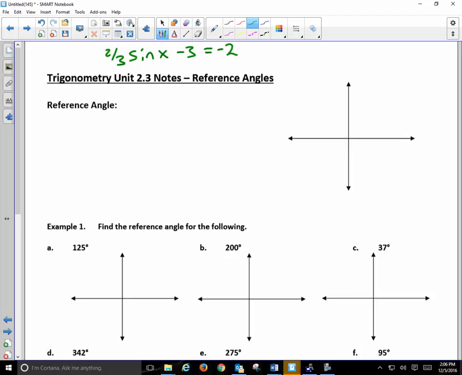And when we go to solve trigonometric equations, the issue is that we come up with many answers. So sometimes you come up with 2, sometimes you come up with 3. We'll come up with situations where we get 6 answers, okay? And so to understand how to generate those answers, you have to be able to understand how to do reference angles. And reference angles are acute angles